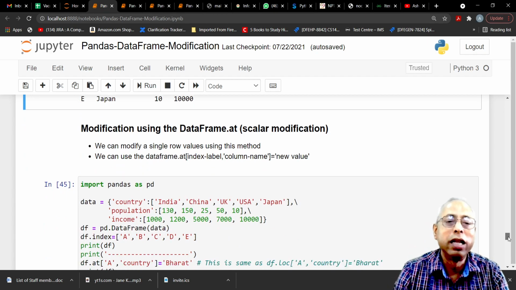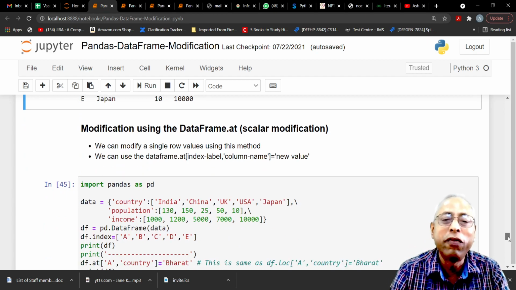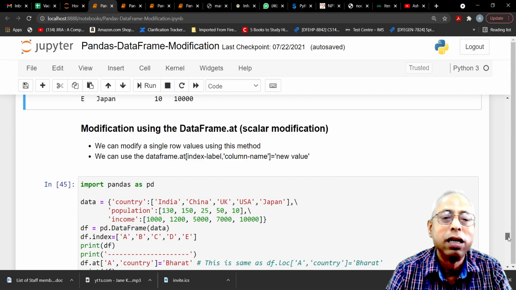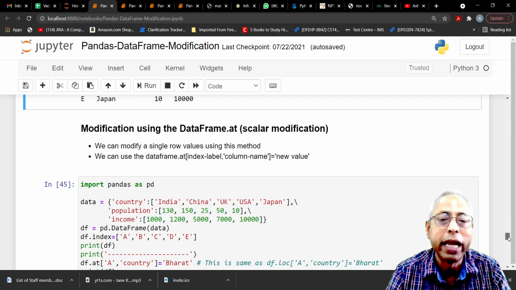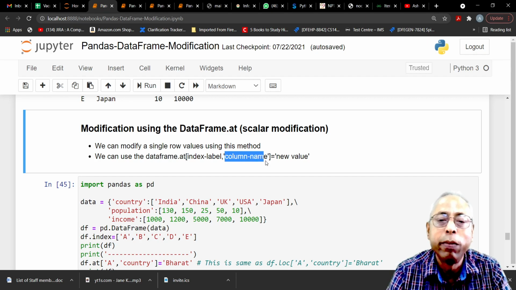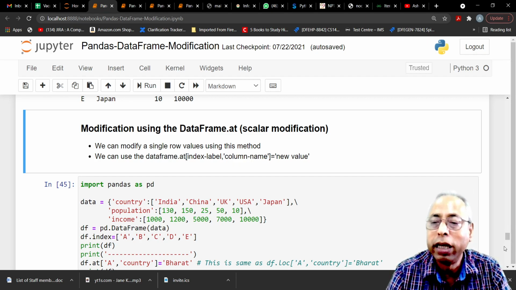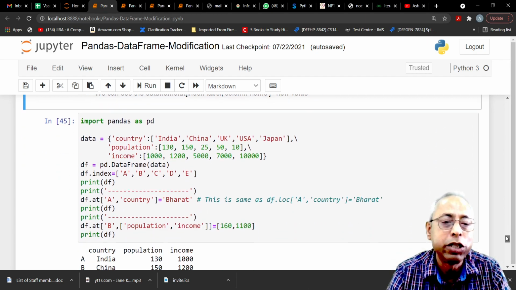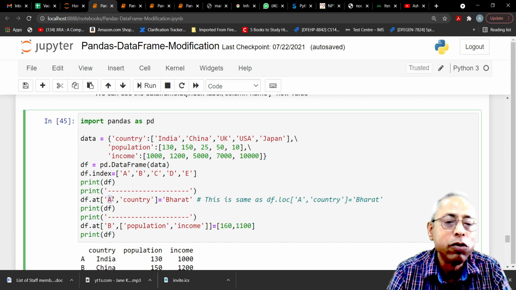Now, this is modification using the scalar attribute AT. Here we can provide the index label and the column name, the column label, with a new value. You see, the intersection will get changed. Now I want to change, using AT for the same data frame, the country for A to Bharat.